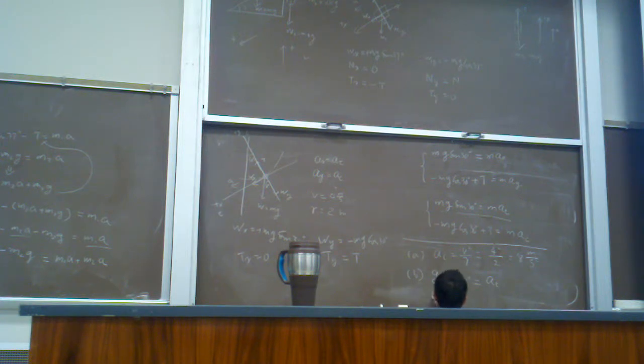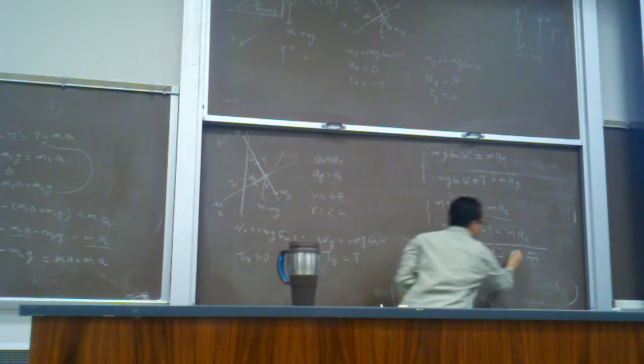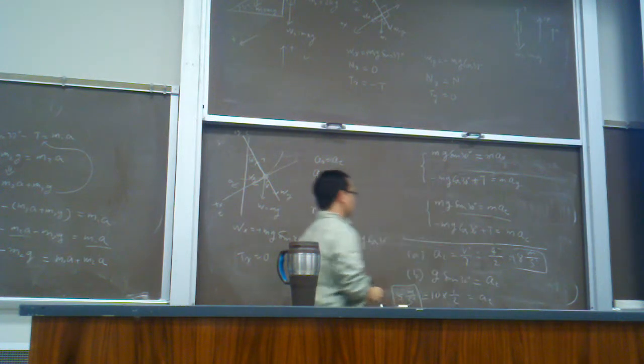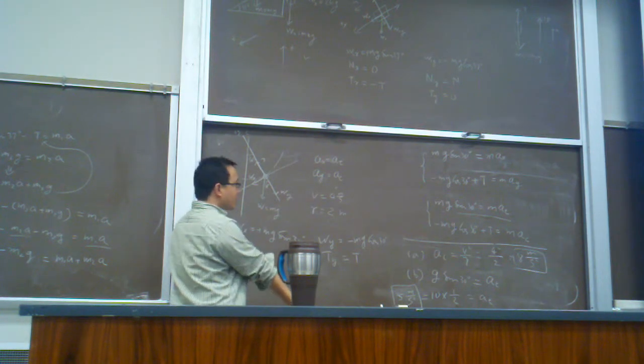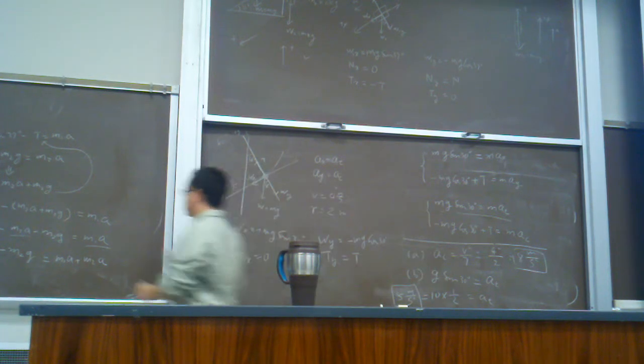So it equals 10 times, what is sine 30? 1/2, right? Equals a_T, equals 5 meters per second squared. So this is the tangential acceleration. Okay? And then, to calculate the tension T, we only need to